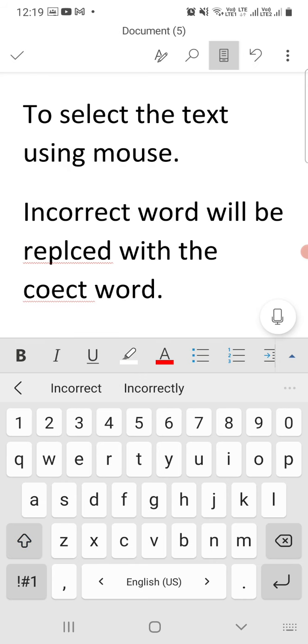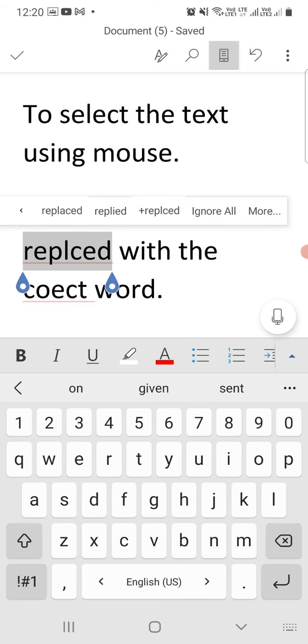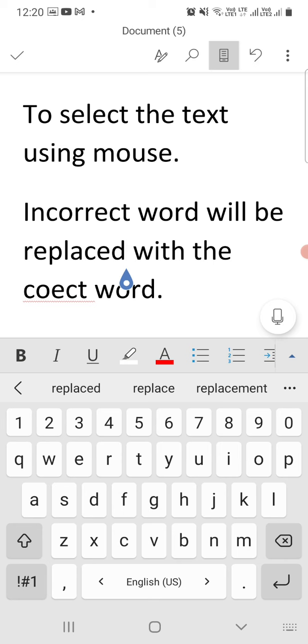It will automatically correct your word and the red wavy line will be gone. Next you have the word replaced. The first one will be the correct word. So just click on that replaced. It will automatically change the wrong word to the correct word, and the red wavy line will be gone.